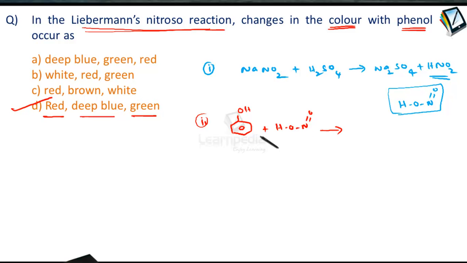In other words, this OH and the hydrogen that is present in the para position will come out in the form of water, and we get